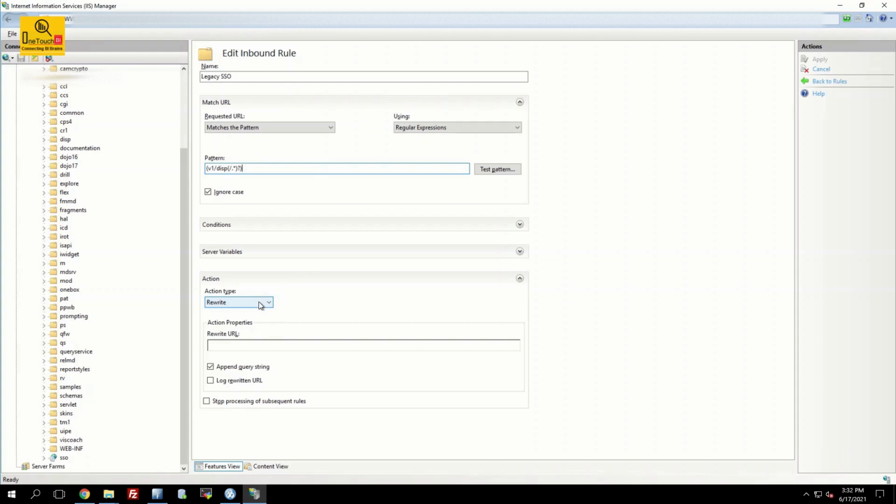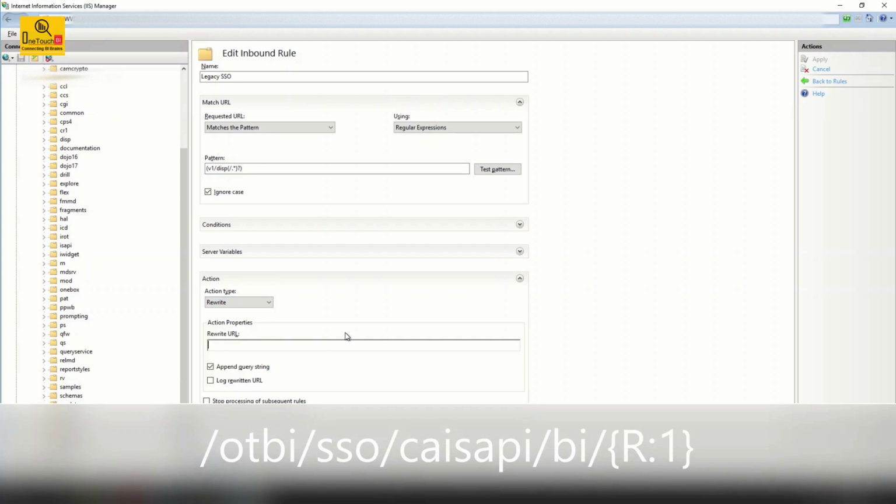Under actions, make sure the action type chosen is rewrite, and for the rewrite URL provide exactly what you provided for the SSO login, the previous rule. That means / your virtual directory name, OTBI, and the SSO handler name, that means the child application we created for the OTBI for SSO, which is SSO in my case.